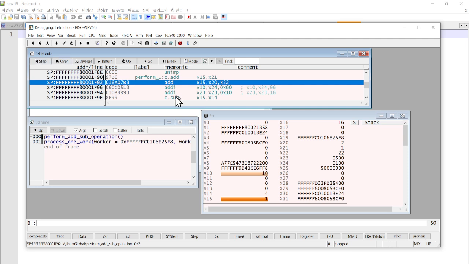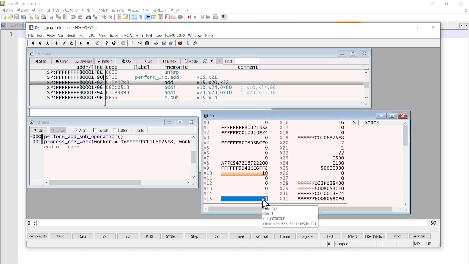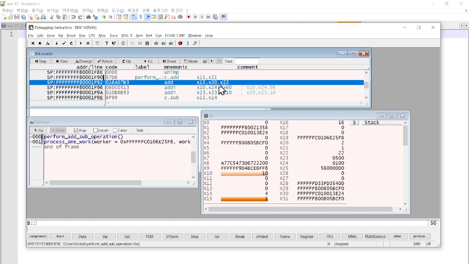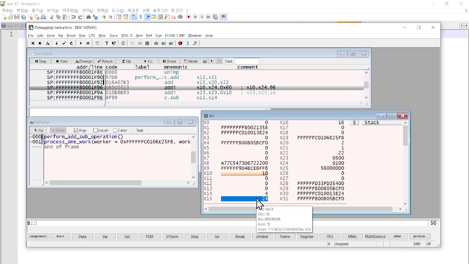So I'm going to run this assembly instruction. Please pay attention to the value in the X15 register because the X15 register is the destination register for this assembly instruction. So let me hit the step button, and as you can see, the value in the X15 register is updated to 0x24. Now that we have learned about the add assembly instruction shown in this video,